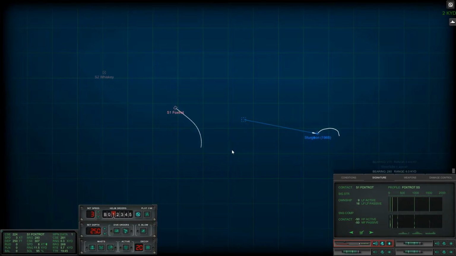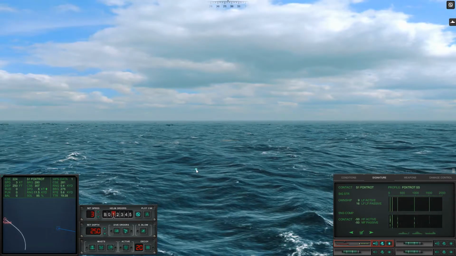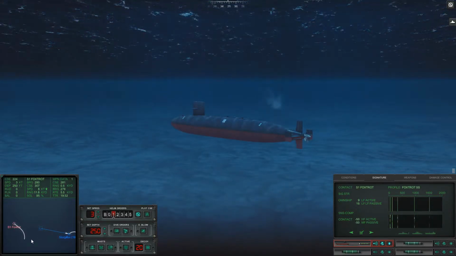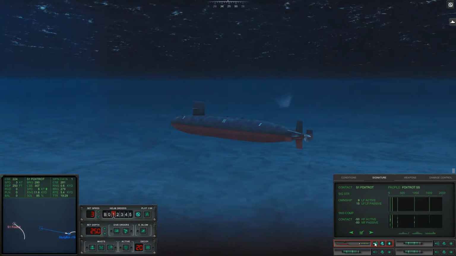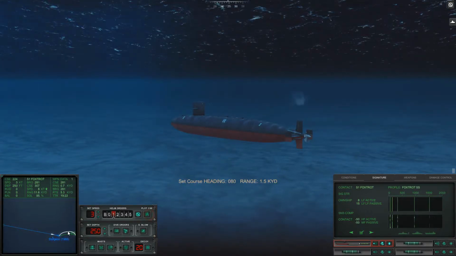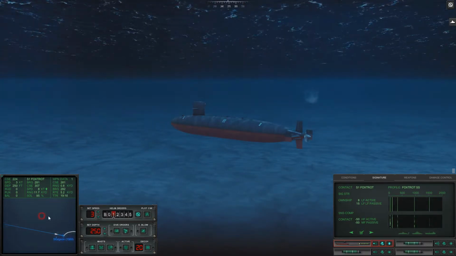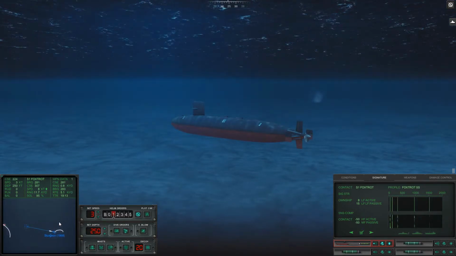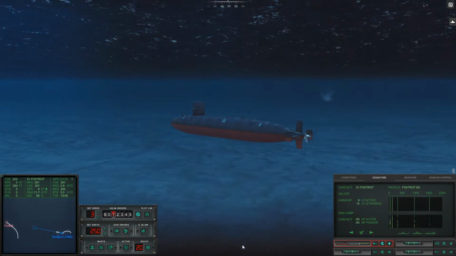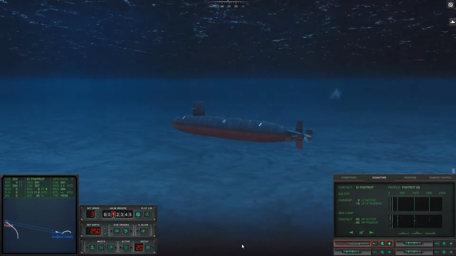Okay, well, it's happening now. We'll let that swim out there a little ways, and then we're going to enable it passive. How far has it managed to swim? Just under 1,000 yards. Okie dokie. Let's light her up, and we'll drive her home. With any luck, that...